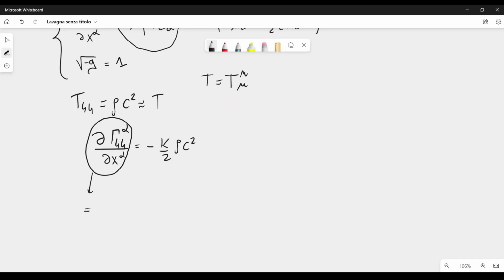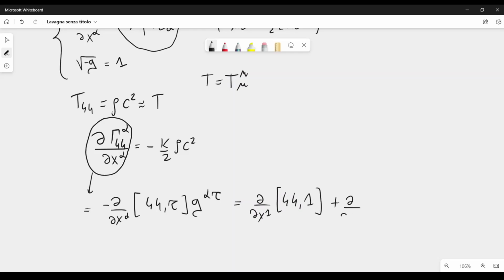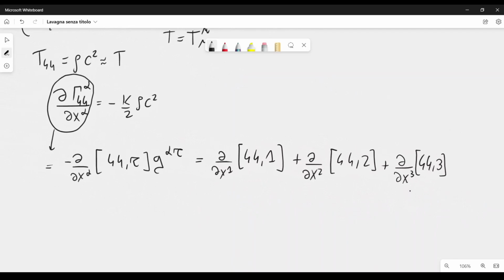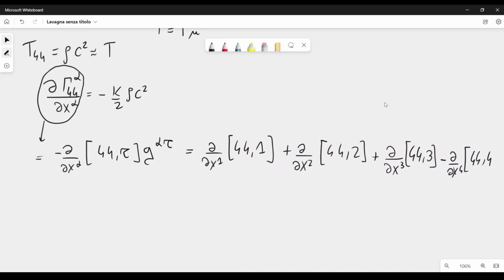This is equal to minus d over dx alpha of gamma alpha tau, and this can be written as d over dx1 of gamma 1 44 plus d over dx2 of gamma 2 44 plus d over dx3 of gamma 3 44, and finally here we have minus d over dx4 of gamma 4 44, like this. Let me close the bracket,